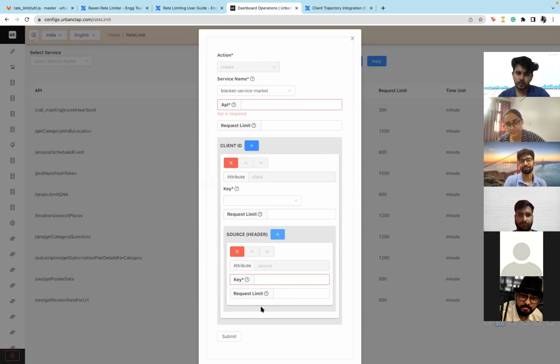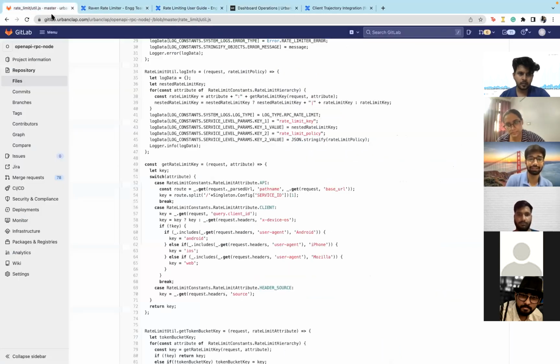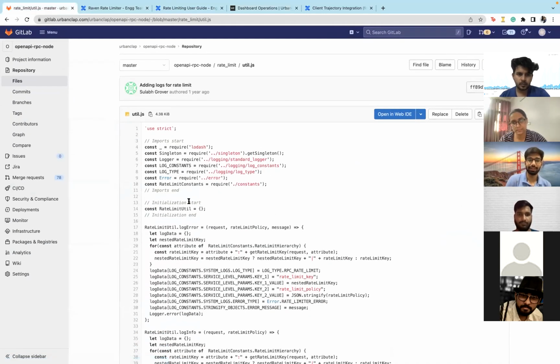It's a service the platform team maintains. Is it platform service or platform config service? And it stores all of these values in its DB. Now, how does this actually work at the OpenAPI level is, if you go to a file, just